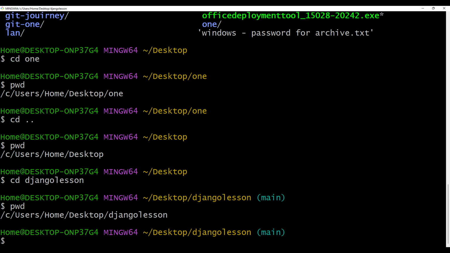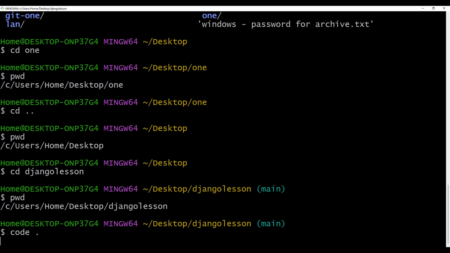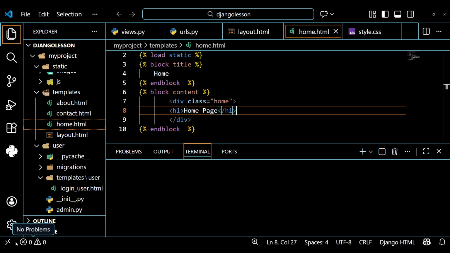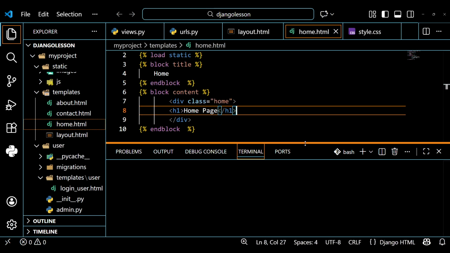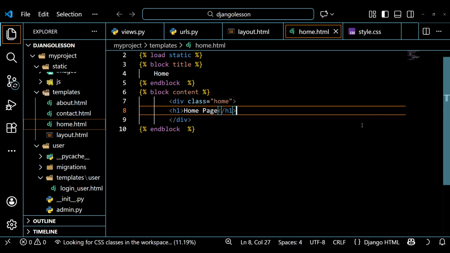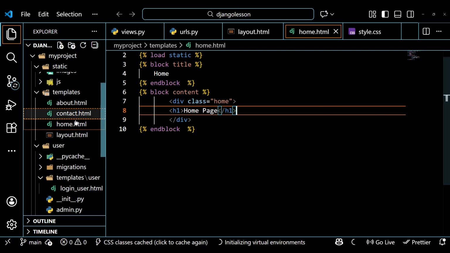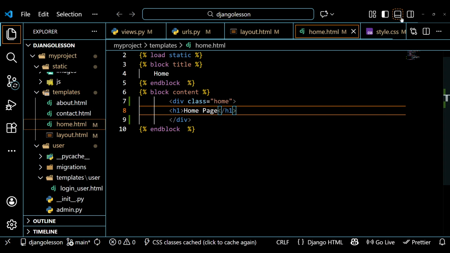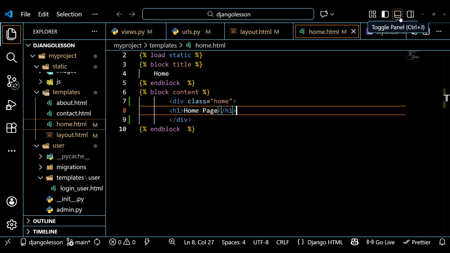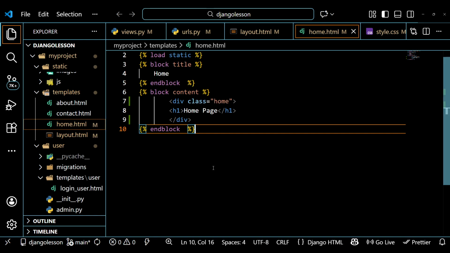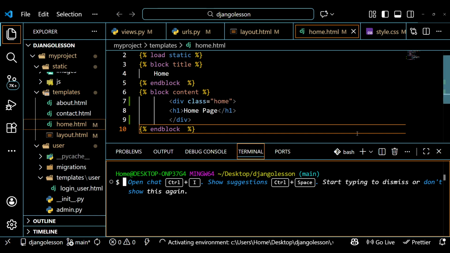Now nikitaka kuifungua this Django lesson with my code editor, which is VS Code, and I type code and then dot, like that. Itanifungulia my code editor na hiyo folder ambayo create, and that's it. So imenifungulia hapo, and this is our code here. So nikikuja na ifungua terminal yangu, ukitaka kuifungua unaweza type Ctrl J like that, inakufungulia your terminal